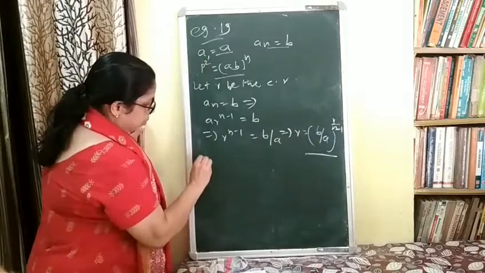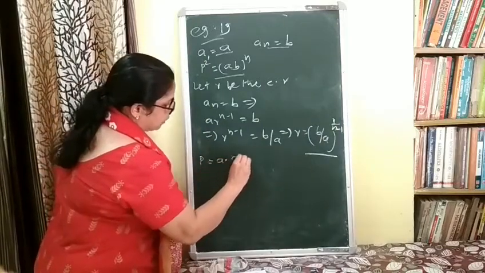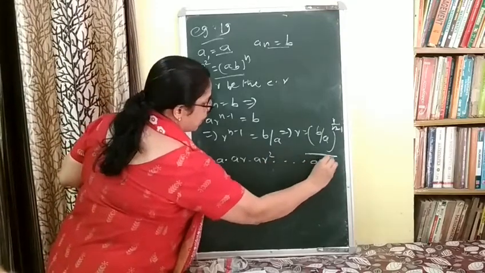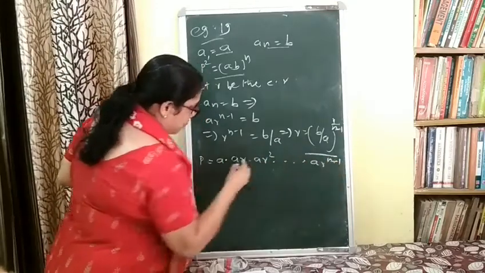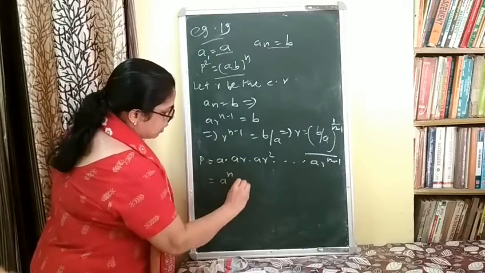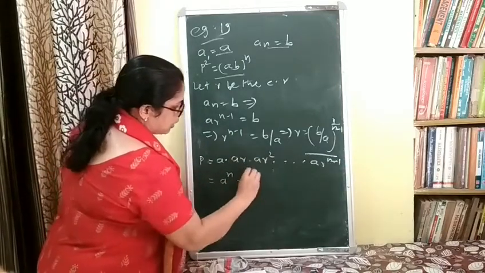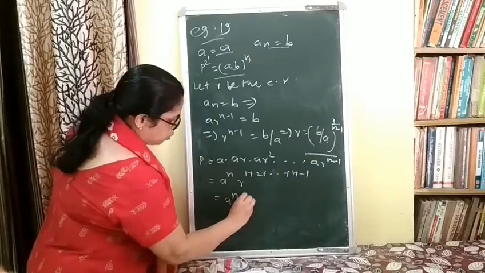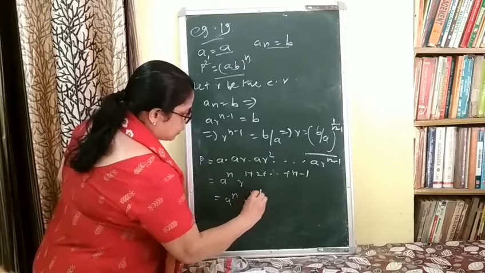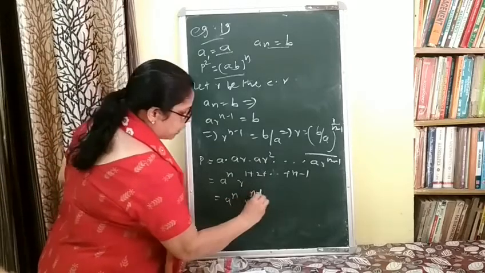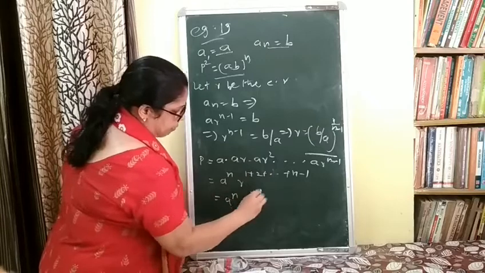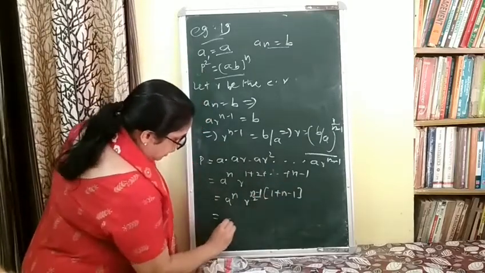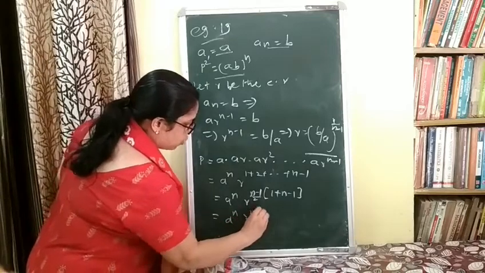Now P is given as the product of the first n terms, A into AR square into etc. into AR power n minus 1. Here you are multiplying A n times, that is A power n. R's power becomes 1 plus 2 plus etc. plus n minus 1, that is A raised to power n into R raised to power (n minus 1) by 2. The formula of AP is n by 2 into (first term plus last term), this is AP. So with n minus 1 terms, n minus 1 by 2 into (1 plus n minus 1). That is A raised to power n into R raised to power n into (n minus 1) by 2.